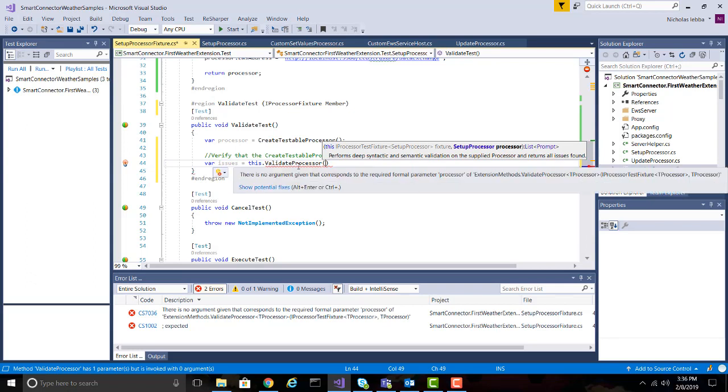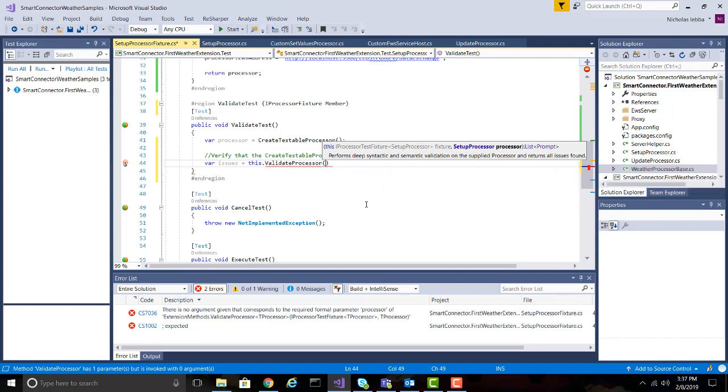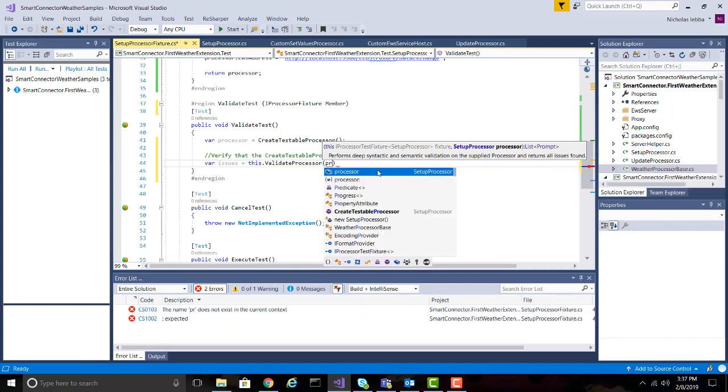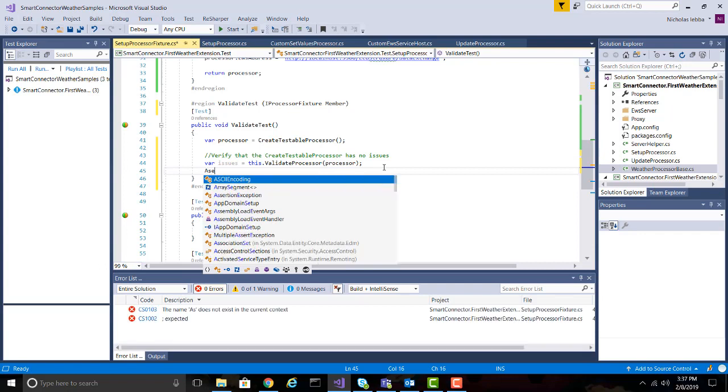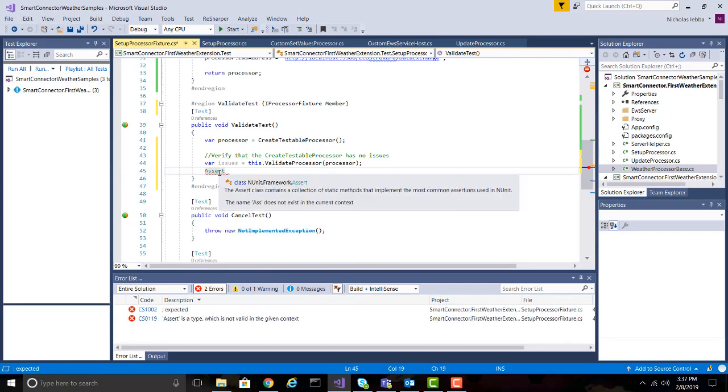You want to call this.ValidateProcessor, which performs deep syntactic and semantic validation on the supplied processor and is going to return all the issues found. And now you want to do an assert call. The Assert class contains a collection of static methods that implement the most common assertions used in NUnit testing. So we want to